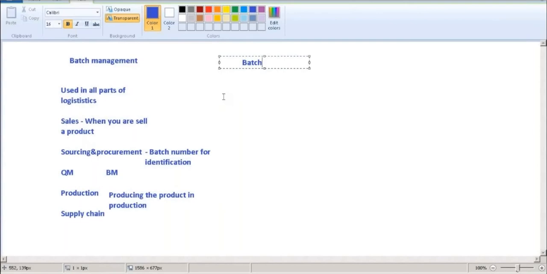Batch is nothing but a lot kind of thing. If a quantity of a material is managed separately from the other quantities,